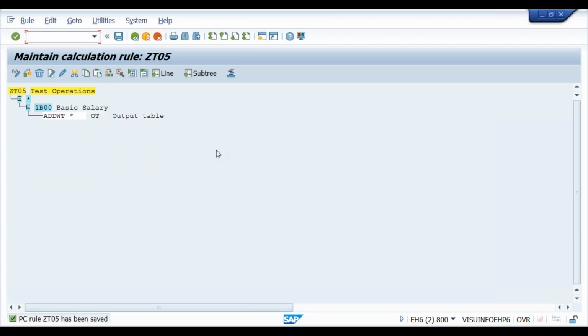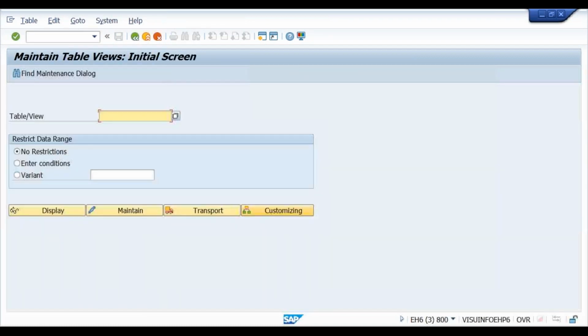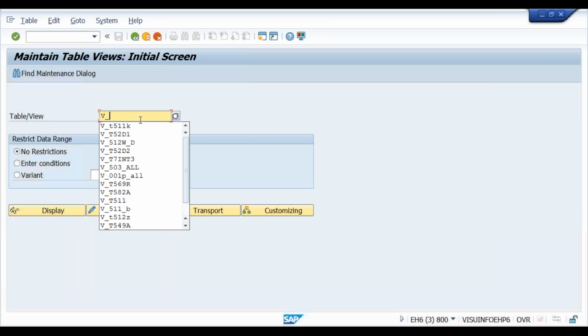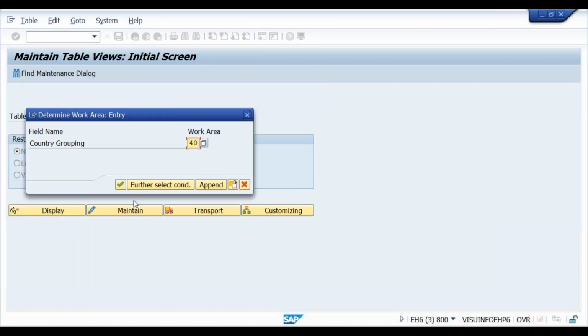Yesterday I have used a constant, right? I'm using the same constant now. Whenever you want to delimit something in the rule, I'm going to SM30, table V_T511K. So I can maintain a constant in this table and call it in the rule.